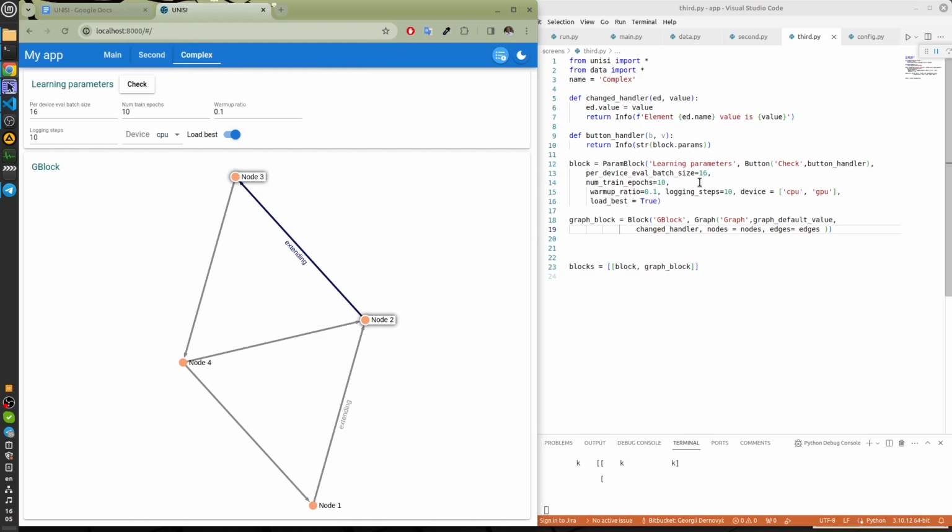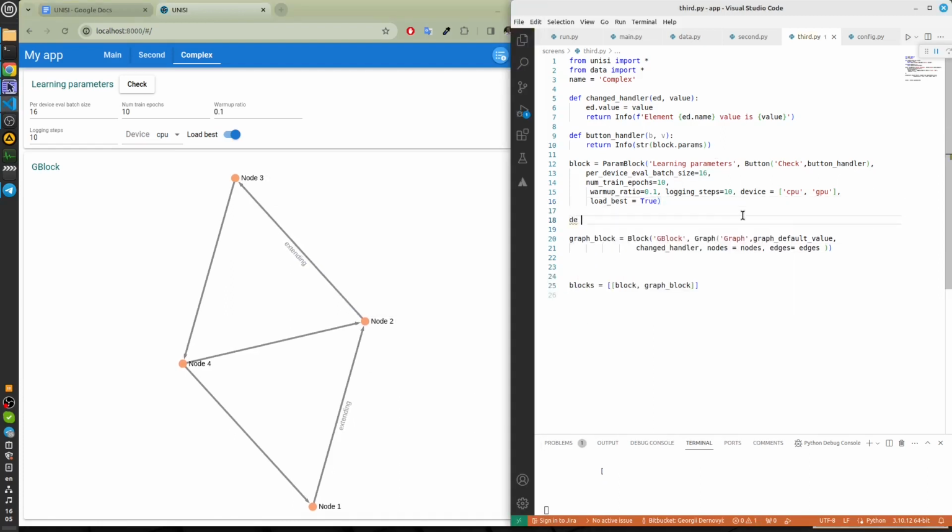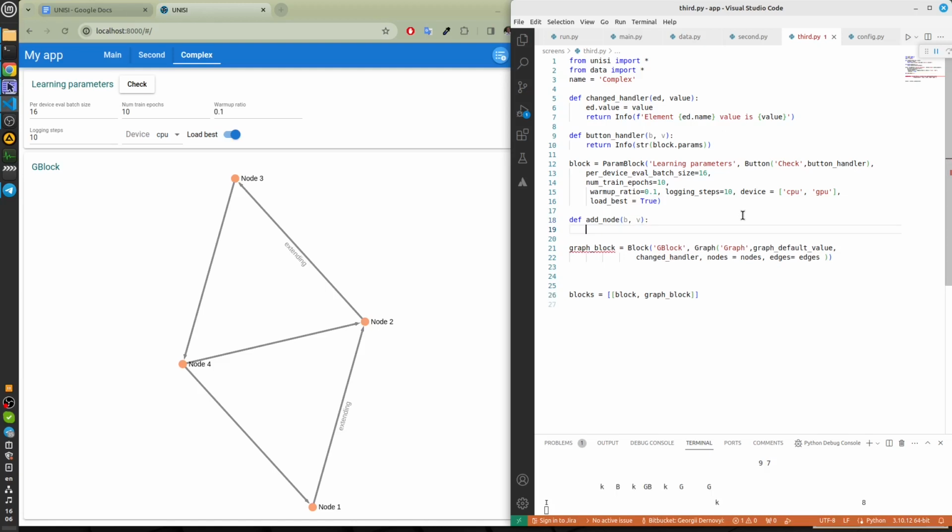How to modify a graph. Let's make here a button and code for modifying this graph. Let's see how to do it. Let's write def add node, element and value. As usual, button value arguments.